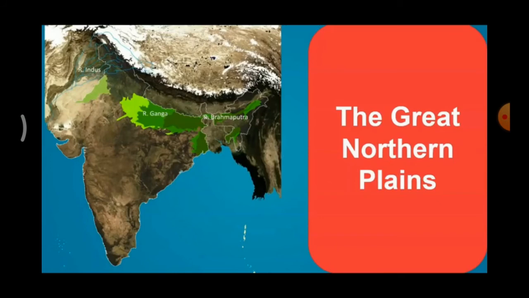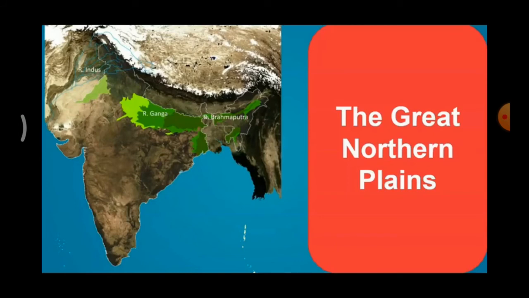The Thar Desert, also known as the Great Indian Desert, is a large arid region in the northwestern part of the Indian subcontinent. It is the largest desert in India. There are 2 major divisions in the Thar Desert: the actual desert region and the semi-desert region.